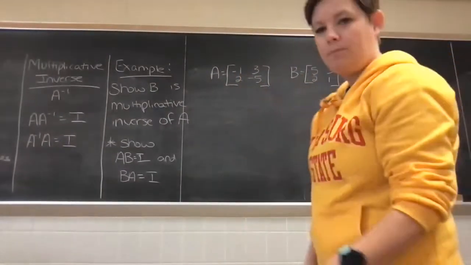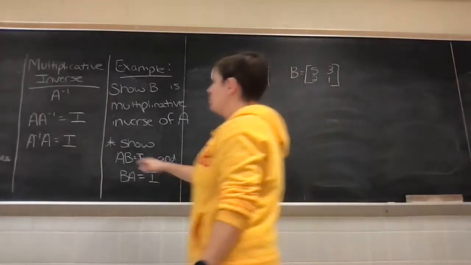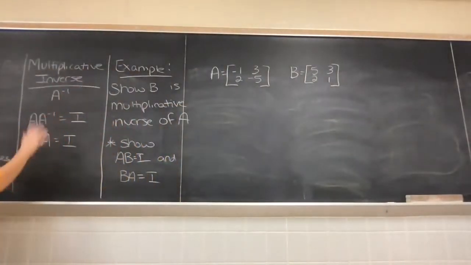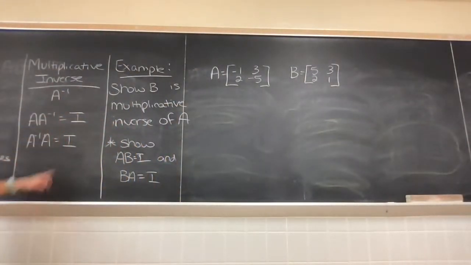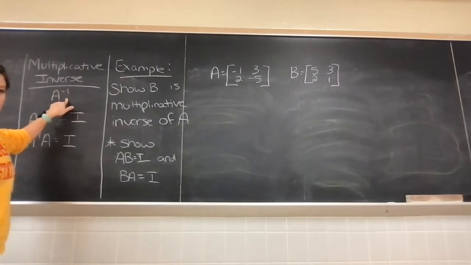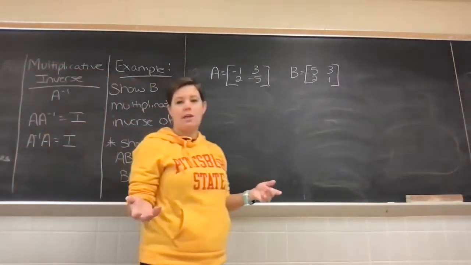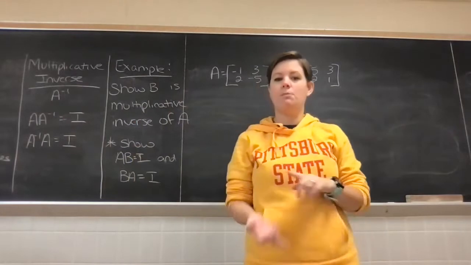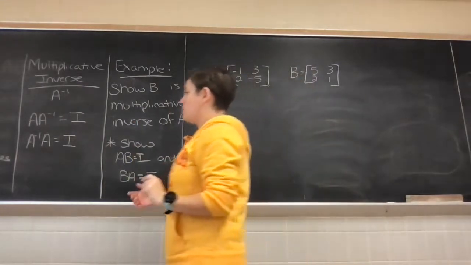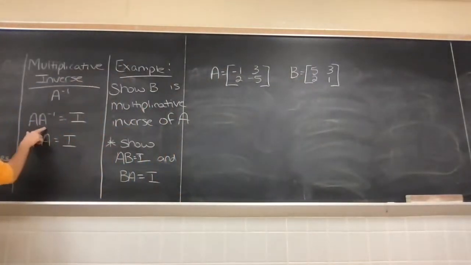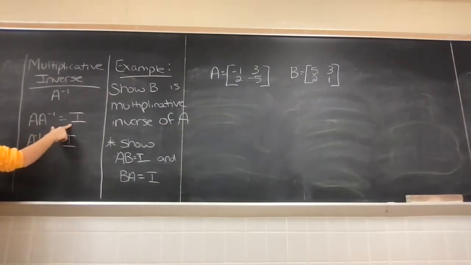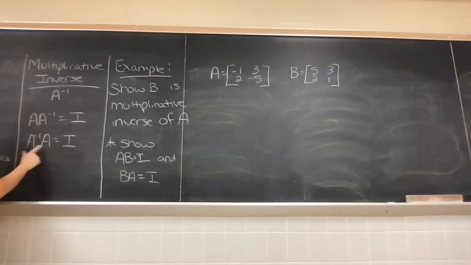Okay. So the multiplicative inverse, we usually call that A, -1, or whatever matrix label you're using. If you're using a capital B, it'd be B, -1, whatever that may be. But what it is, when you take the matrix times its inverse, you're going to get that identity matrix. And it doesn't matter which order you go in,